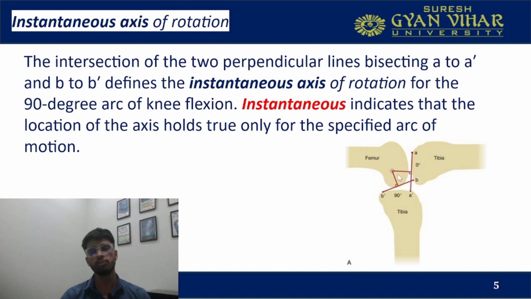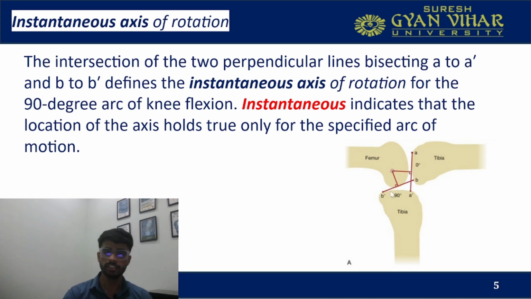So in order to find that, we need to draw two lines. First one is A and A dash, which is passing through the tibia. As you can see, this is passing through the upper part of the tibia. This is the A point. Now it has become A dash after the movement. So we have to draw a line connecting these two. Then this is a B point which was present earlier over here. Now it is moved to this point because 90 degree flexion has occurred. So we have to draw another line which is B to B dash.